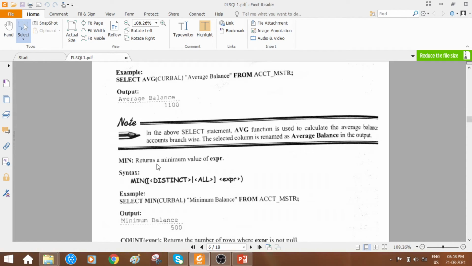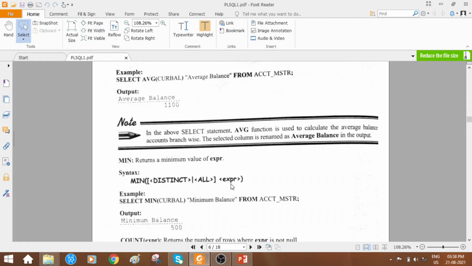What is this? Returns a minimum value of expression. So for whichever column you are applying this minimum aggregate function, in that particular column, whichever cell is holding a minimum value, that will be returned. Okay, just check out the syntax here. Minimum, min followed by to which particular column.